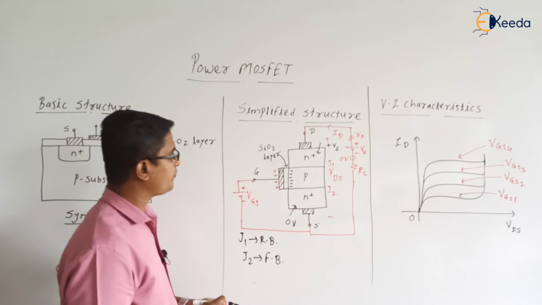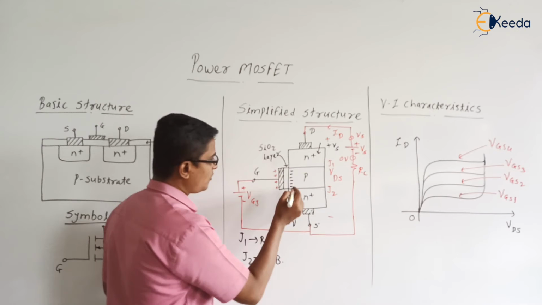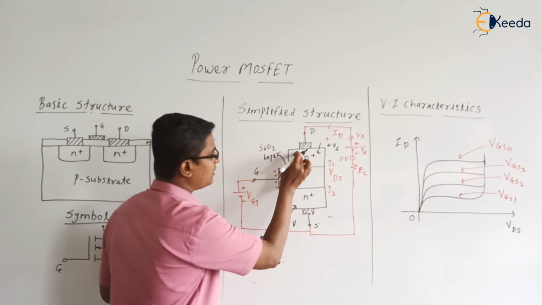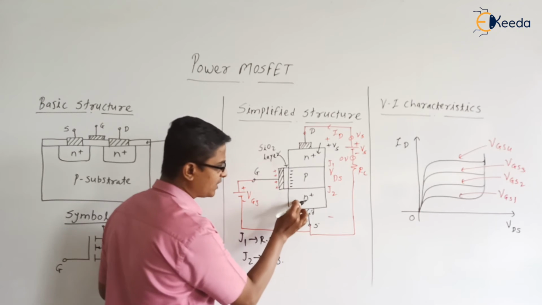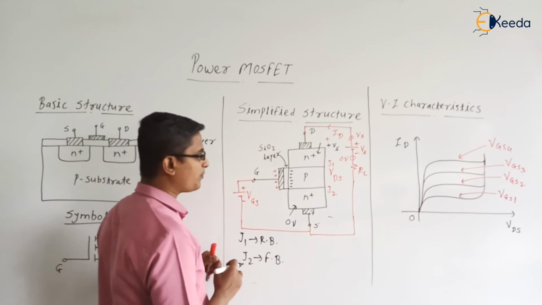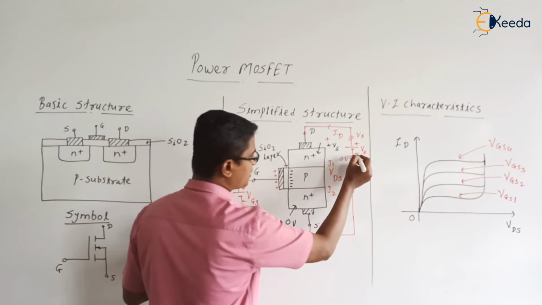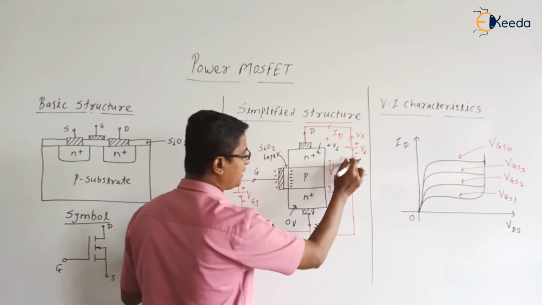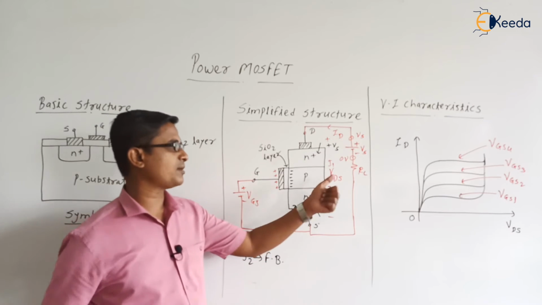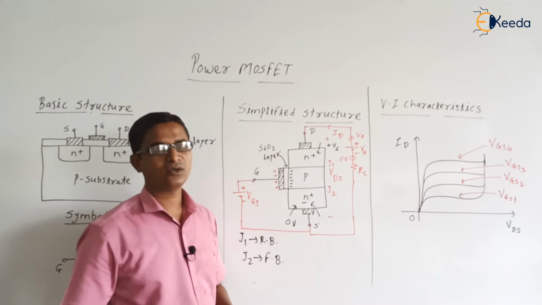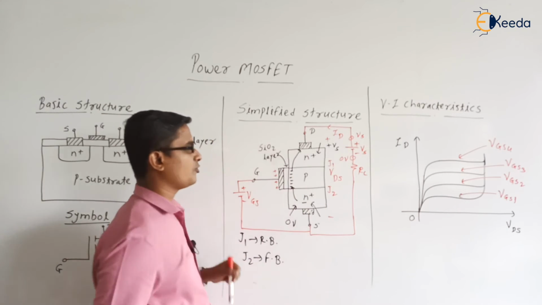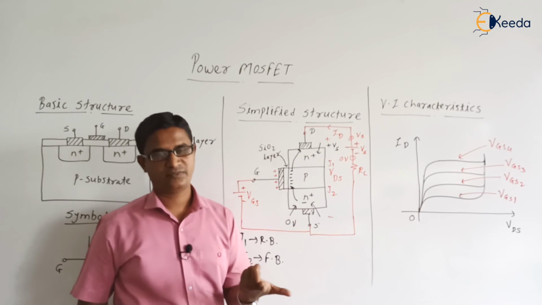So once this layer is formed, here we have the n type material, here we have the n type material, and here also we have the n type layer. Suppose one of the electrons enters from the negative plate of the supply into the n plus layer. Can this electron complete its path from the negative plate towards the positive plate through this channel? Yes. Are you getting the point?